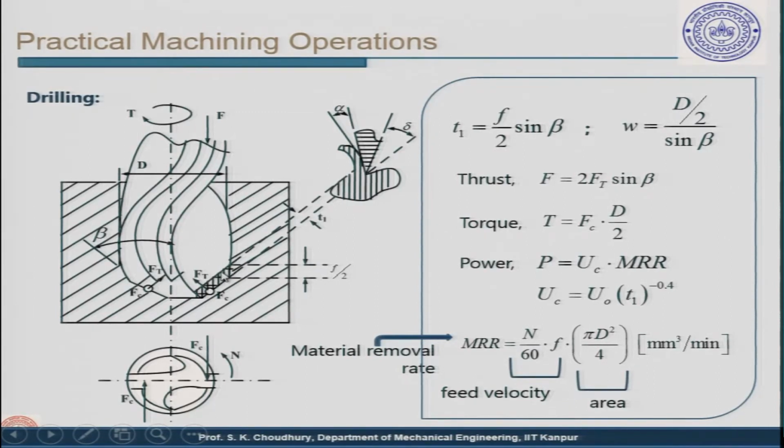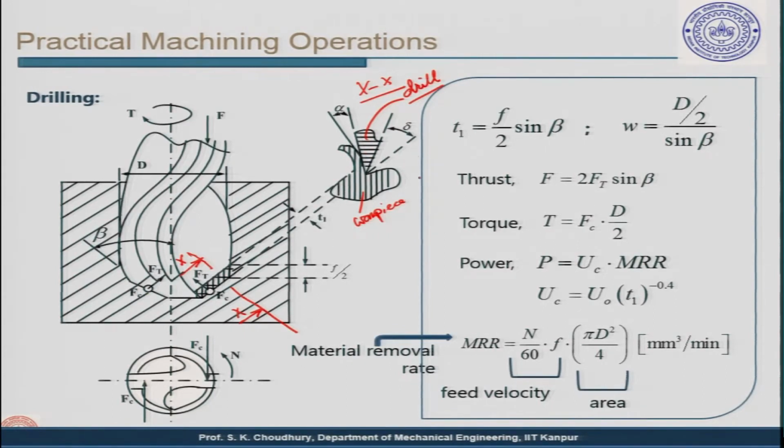Now, like in the case of turning that we have done, if you actually take a section here, we can say that this is a sectional view, let us say view x. Since it is not shown fully, we will say that this is the view. Here is the workpiece. This is the drill. Here you can see only one tooth, the other one is here. So, in one cross section, only one tool is shown.